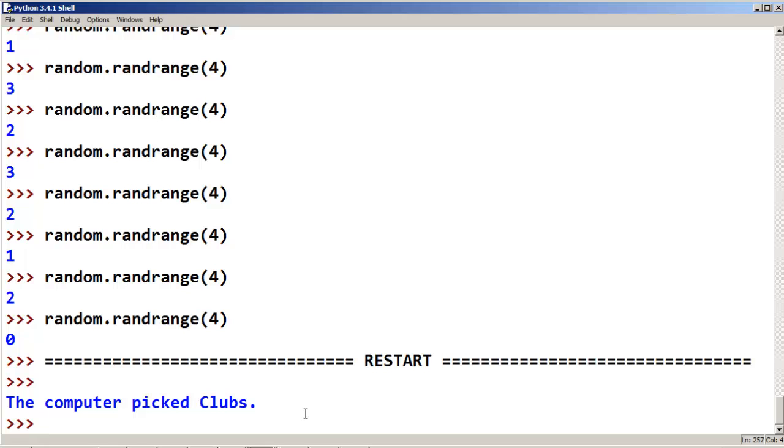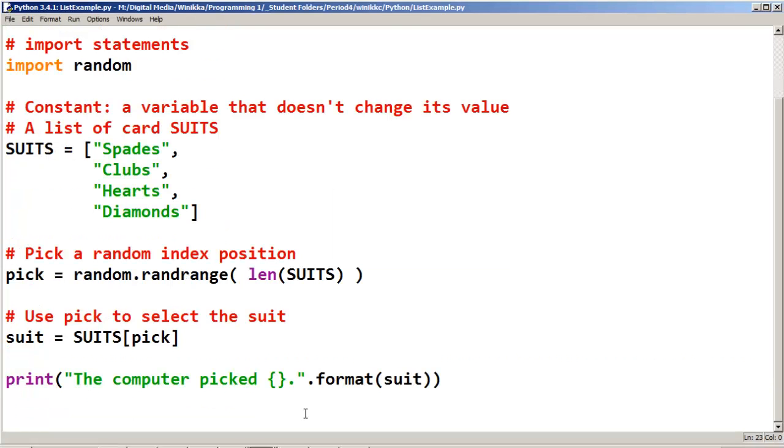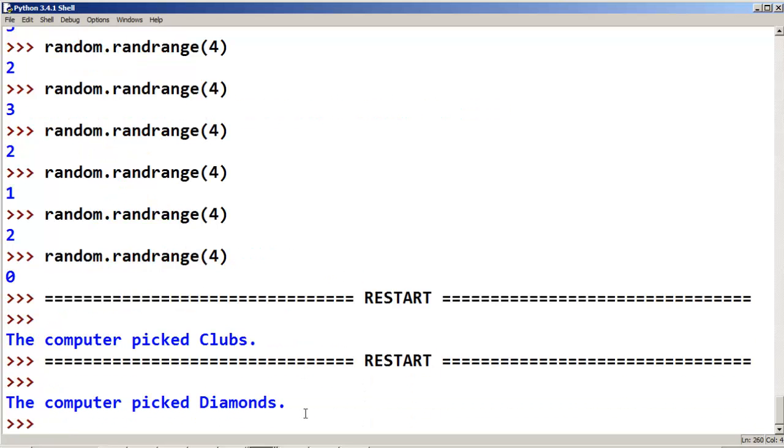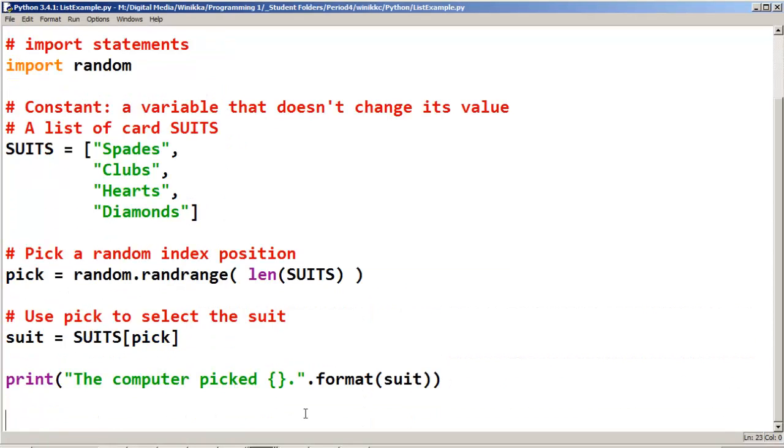The computer picked clubs. If we run it again, it'll pick something else, diamonds. As long as we're using length of suits and randrange, this allows us to randomly choose one of those numbers. And the same thing that did this is going to allow us to have the user actually select a number. So in the next installment of this video, we're going to use that suits